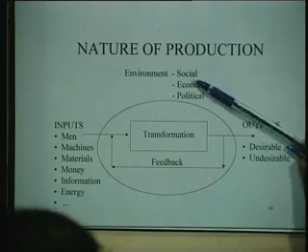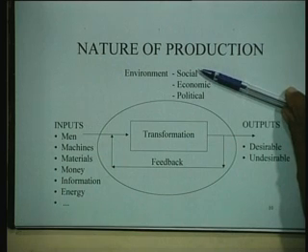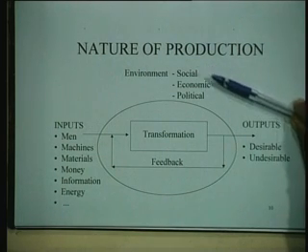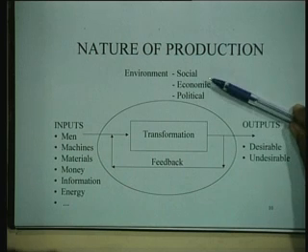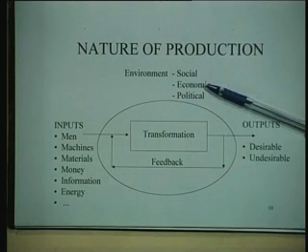It is the social environment that you could be talking about, it could be the economic environment, or it could be the political environment. And the important thing to note here is that the entire production system is, as it were, floating in an environment,